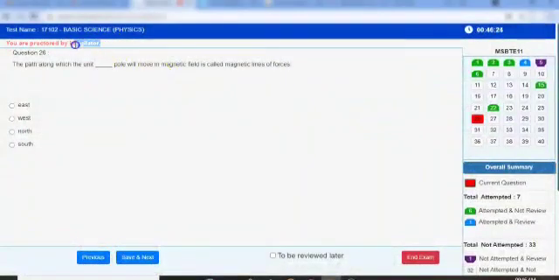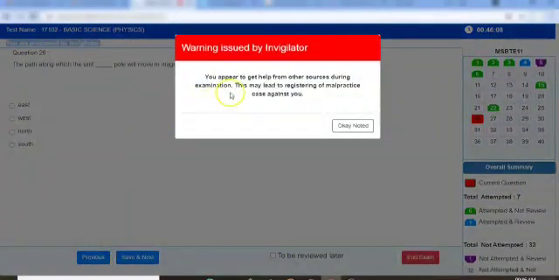Please note that you are continuously being monitored by the invigilator. If you do any kind of malpractice, the invigilator may send you certain warning messages. For example, here the invigilator has sent one warning to the student that you appear to get help from other sources during examination.